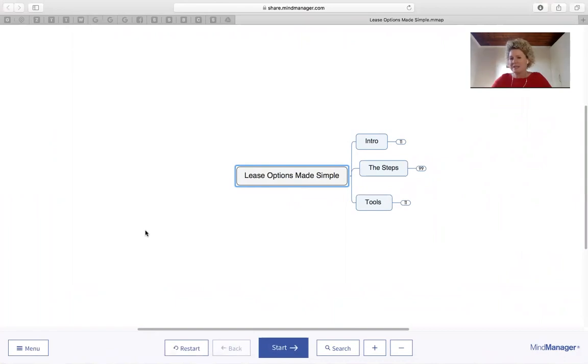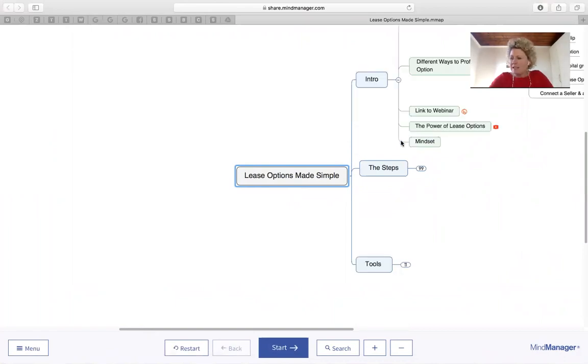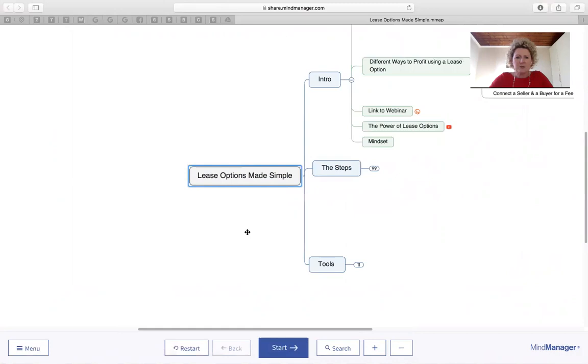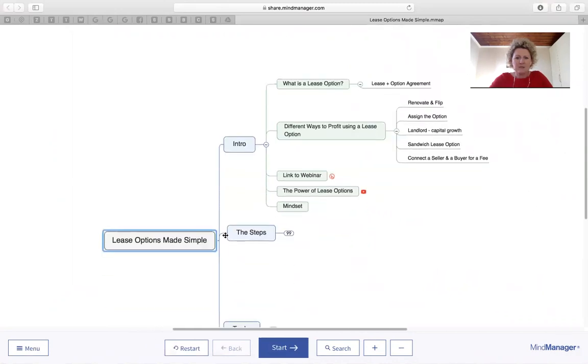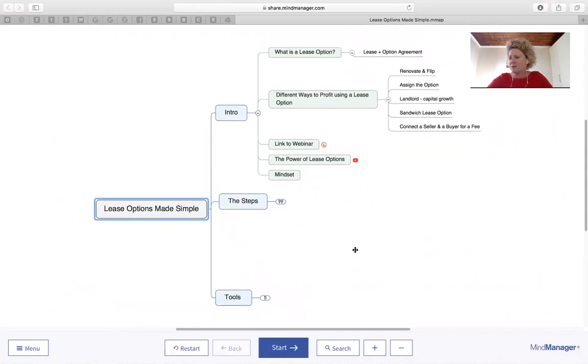Let's jump into it. So what is a lease option? Let's bring that down, make that a little bit easier to see. What is a lease option? A lease option is simply a lease on a property with an option to buy that property at a later date. So 2 documents create a lease option, and they are your standard residential lease agreement, which details the terms